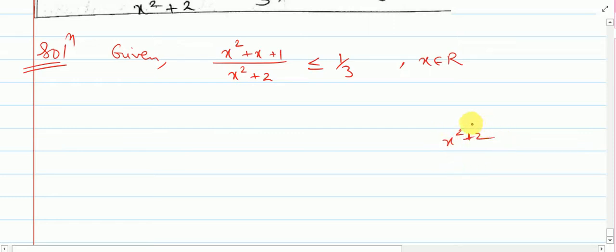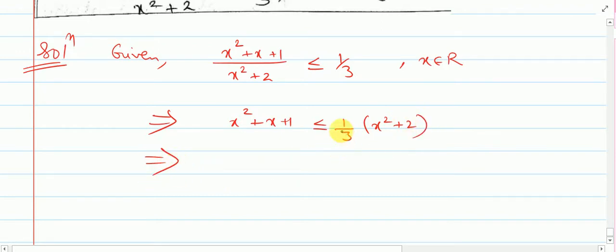Now no matter what value you take in place of x, this will always be positive, meaning greater than 0. Since this will always be greater than 0, if I multiply both sides by x square plus 2, then the direction will not be affected. So in the next step I can multiply on the right with this x square plus 2, because it is positive, so the direction will not change. So I get x square plus x plus 1 less than equal to 1 by 3 times (x square plus 2),